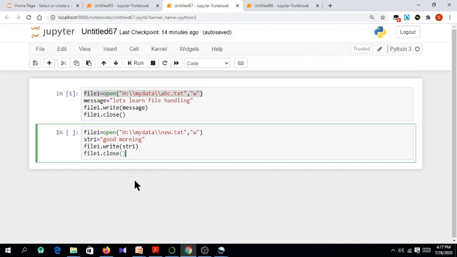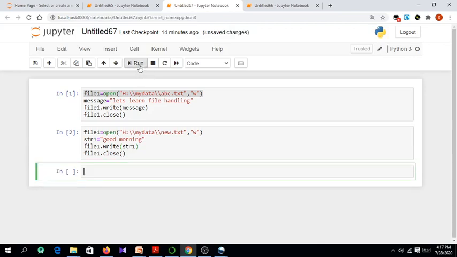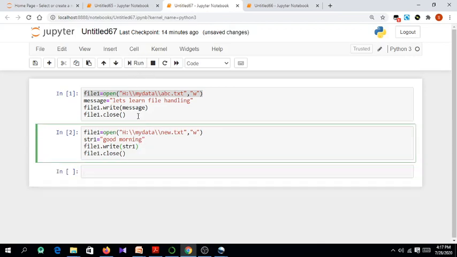So if I execute this program, a file named new.txt will be created, and then into that file good morning will be written. Now let us verify that. Let me run the program. I've run this, no errors.